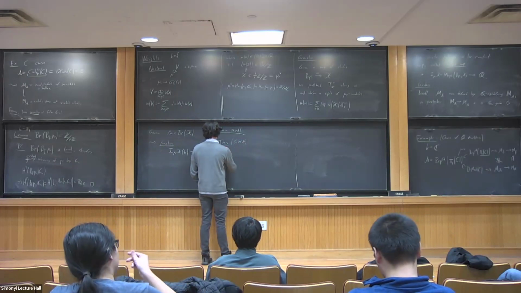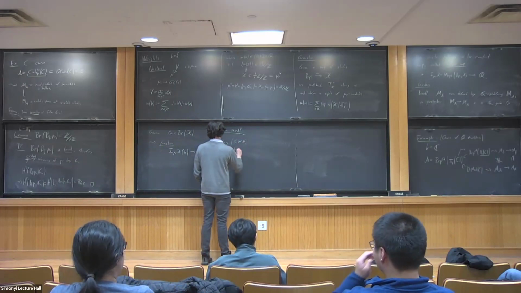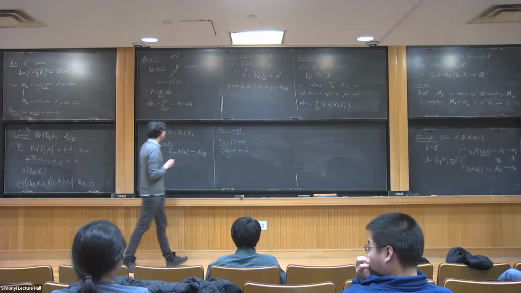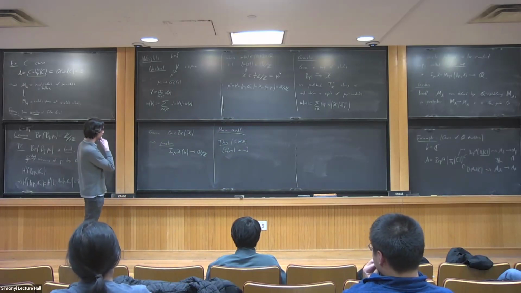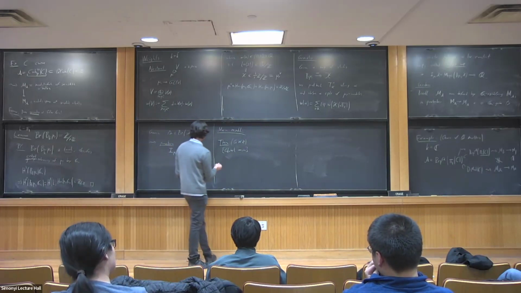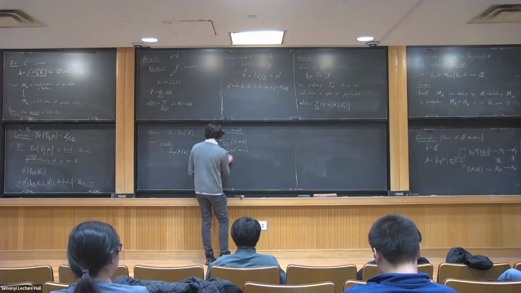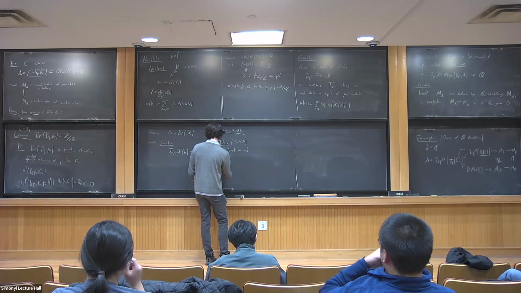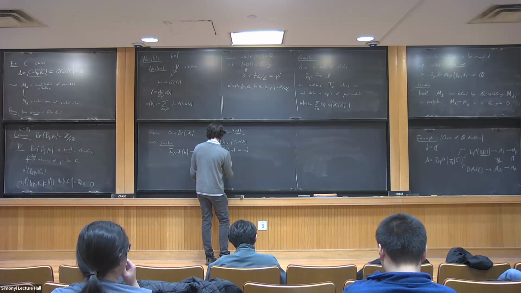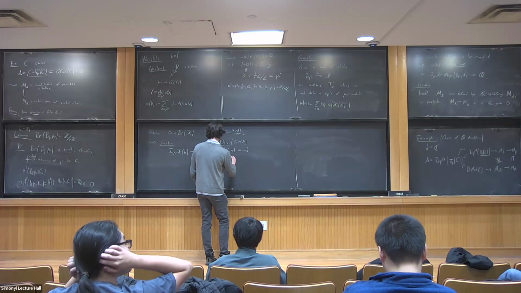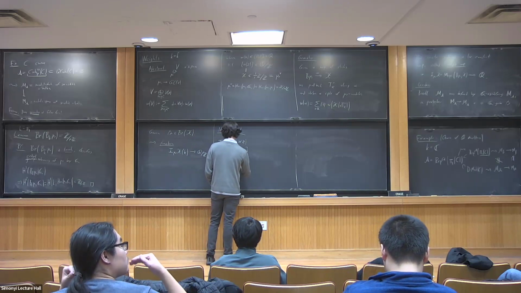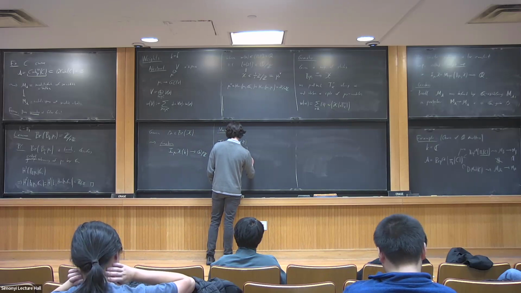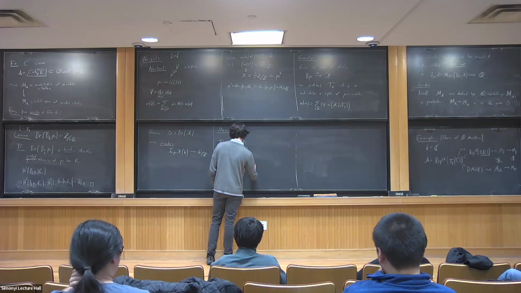Let me first state it globally, then state a local analog of it. The global version of the theorem we have is that if you look at the intersection cohomology point count, this means you take the alternating sum of the Frobenius traces on intersection cohomology of the moduli space.